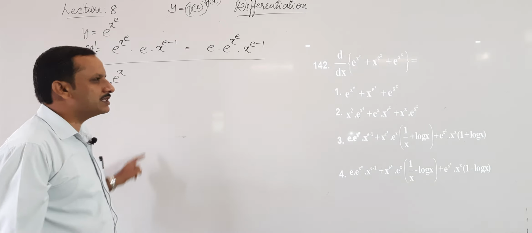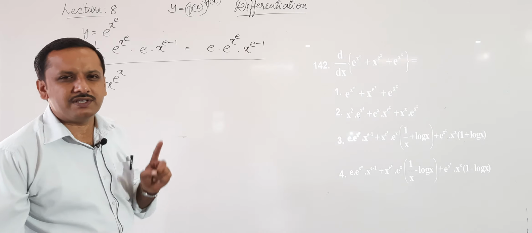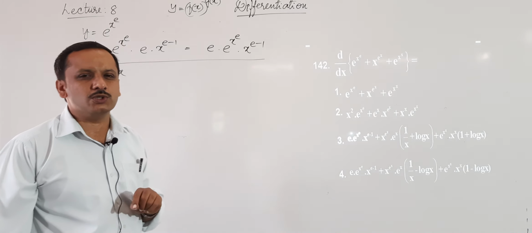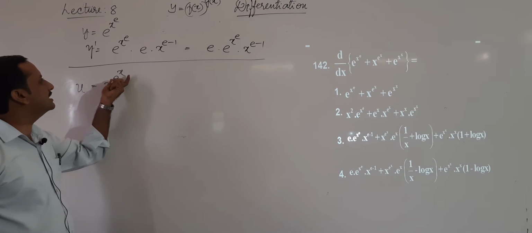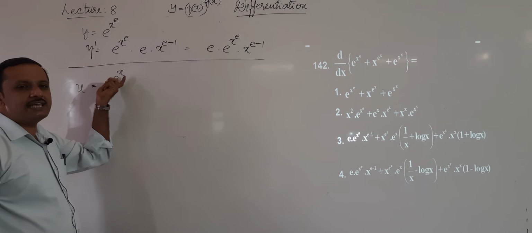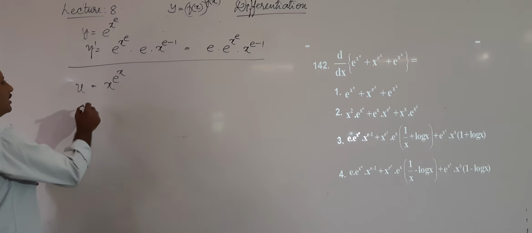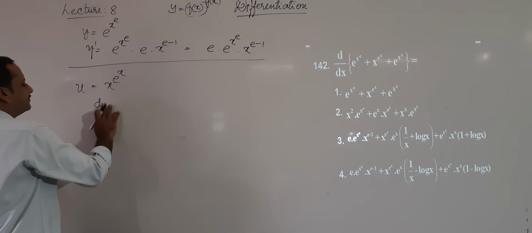So, I do not have enough space to write that formula again here. We have discussed it on many occasions, so you should be knowing it. It is of that form, so I will treat f of x as x and g of x as e power x. So, now du by dx